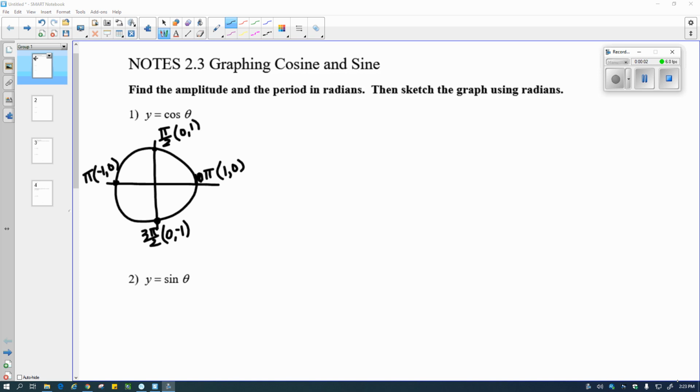Today we're going to be graphing cosine and sine functions, and if you notice I drew the unit circle on the notes right away before I started the recording, just because we're going to be referring to this as we go through. I'm going to be using these points as guidance to help me graph the sine and the cosine functions. So we'll start with cosine, because remember, this should look sort of familiar,